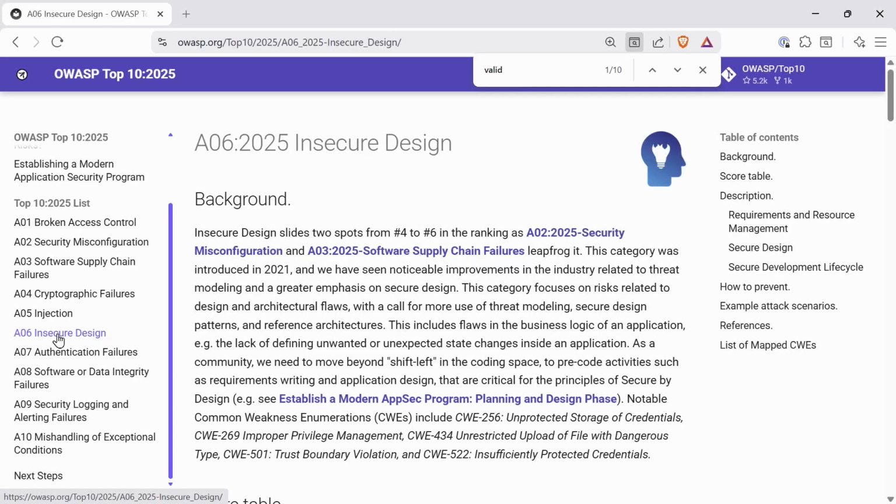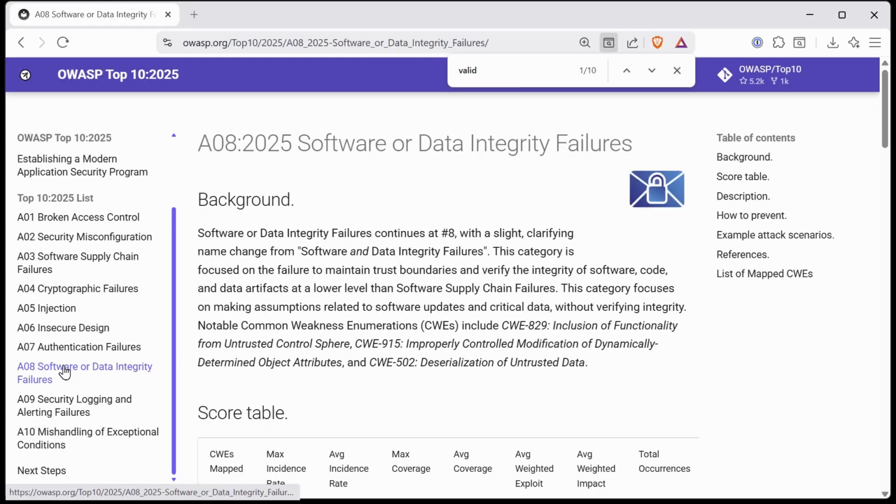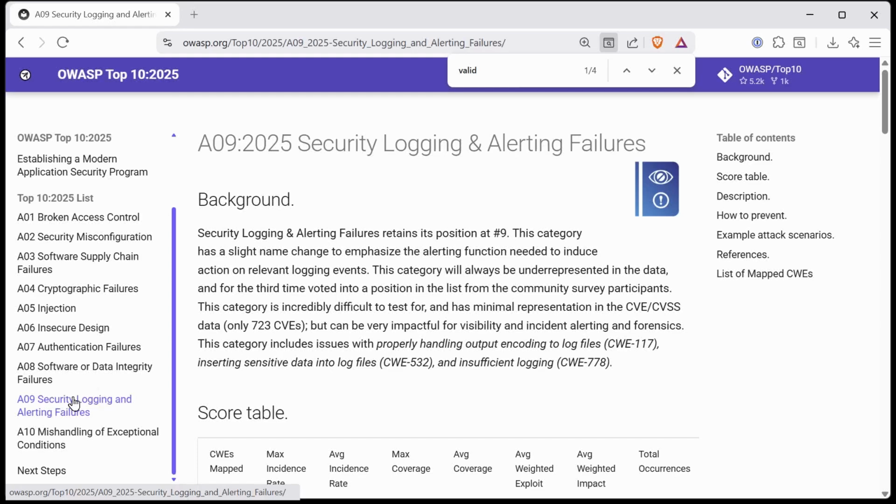Number 6, insecure design. It depends on the design. 7, authentication failures. Authentication is literally about validating that a user is who they say they are. Input validation helps. Number 8, software or data integrity failures, part of which looks at checking that code and data are trusted and valid. 9, security logging and alerting failures, some of which include log injection, which happens because,